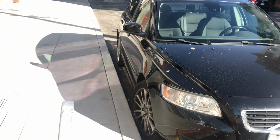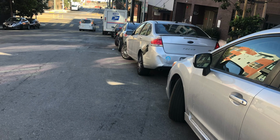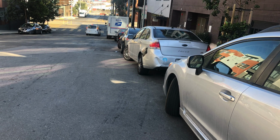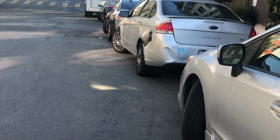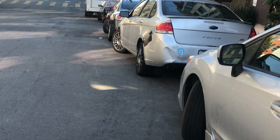If you're parking downhill, then your wheels need to be turned inward. I'll show you the downhill wheel motion in a minute. So on the opposite side of the street, the hill was going downward. So therefore, the first car here to your right, you see how it's properly turned. The wheels are turned inward against the curb, but the car in front of it is turned outward, which is